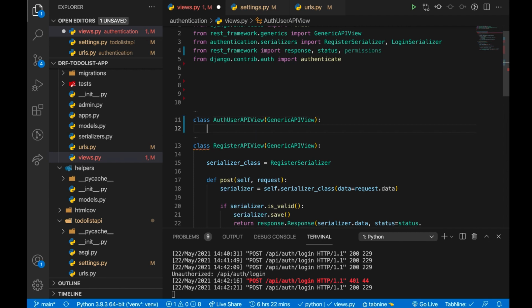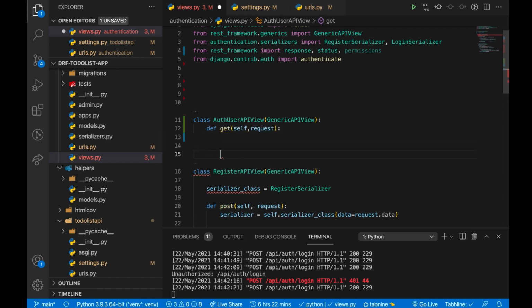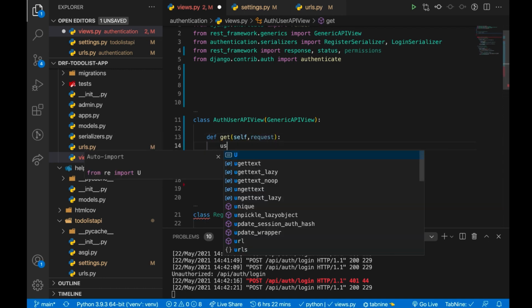Then let's inherit from generic API view, and then let's handle a get. Since for this endpoint, a user will be making a get request with a token in the header. So here let's have a def get, taking self and request. You know that with Django, to get a logged in user, you can do